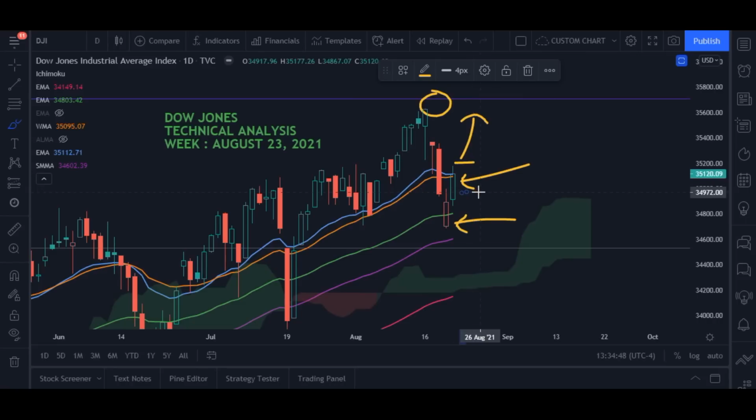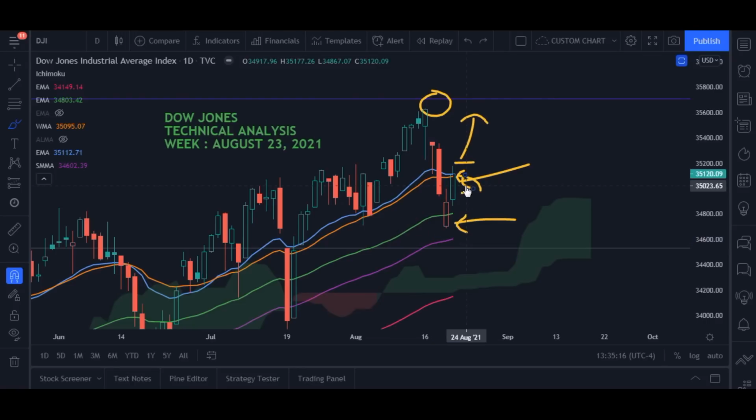So for a moment the market may try to hit this moving average, and then it will further come down. Then it will find the support here on this moving average, and then we have the good support here again at 34,500, 34,600, you can say. So this is what it looks like through the movement of these candles.